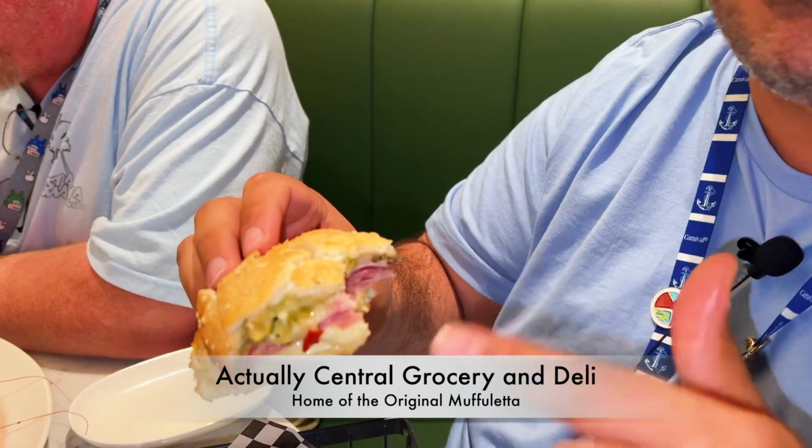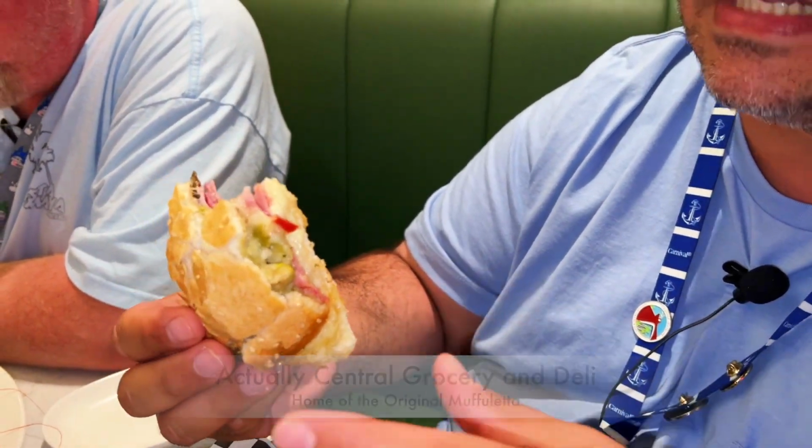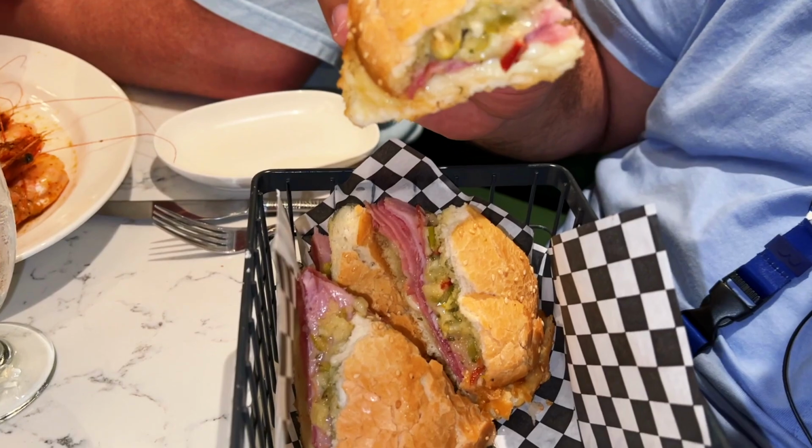Okay, that bread is not Carnival bread. They're bringing this in. We gotta find out. This tastes just like, I think it's City Market in New Orleans, where we had the Muffuletta. This tastes amazing. It tastes super authentic. No wonder it's the best food on the ship, because it's not from Carnival. No shade to Carnival, but